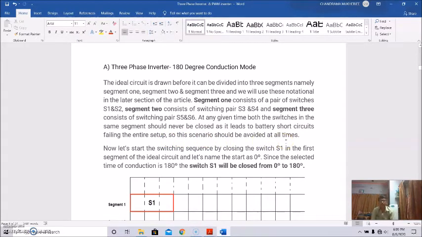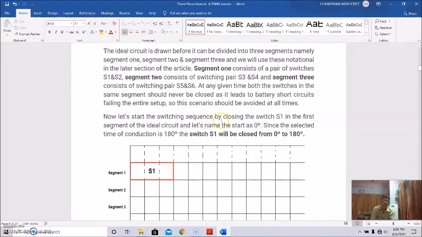So in any segment, simultaneously both the switches cannot be operated. It cannot be closed because, as a result, the input or battery would be short circuited, failing the entire setup. So let's start with the switching sequence by closing the switch S1 in the first segment of the